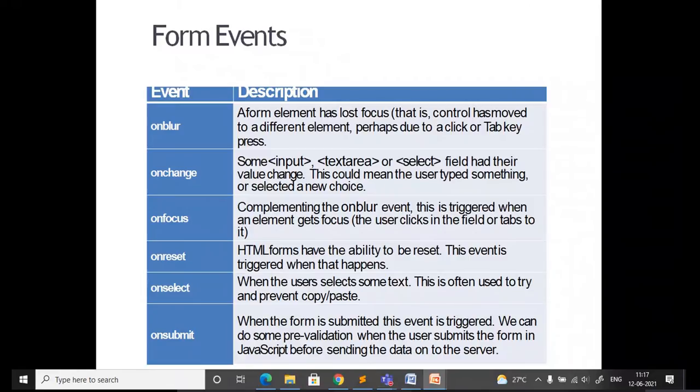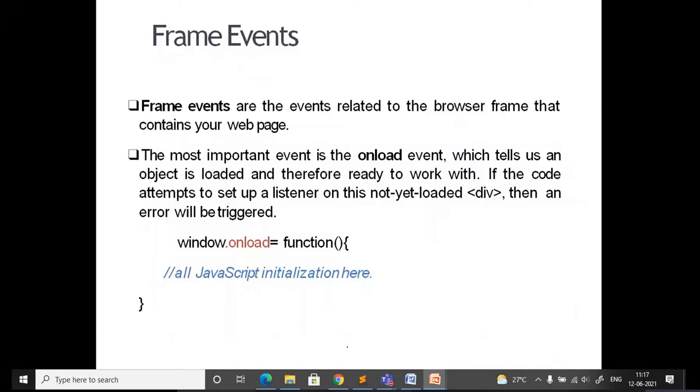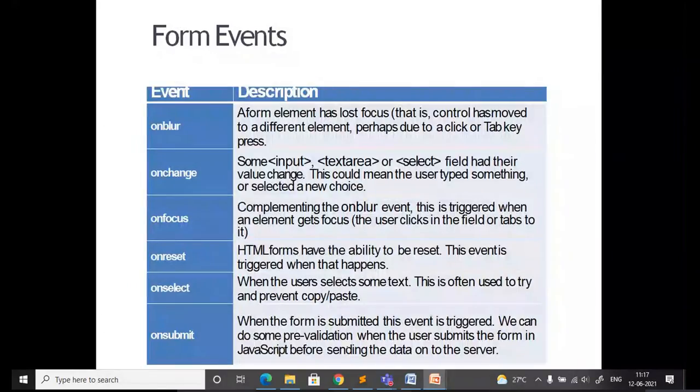Similarly, you can go with the form elements, form events, that is onblur, okay, onchange. So unless you use them, you will not come to know what exactly happens. Okay, so for that let me try to do some of the examples. Okay, I am not going to touch upon all the events. Any one or two I will be taking. You people just try. Okay, so for the same form, try to change the event and observe how you are going to get the output.